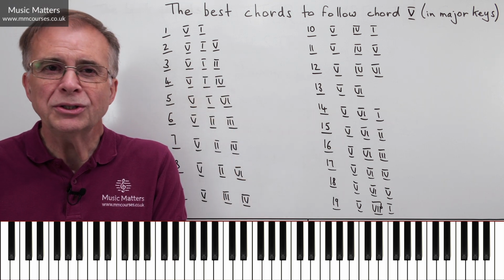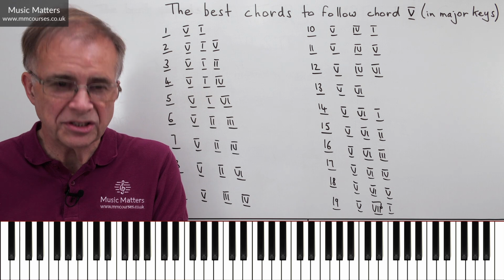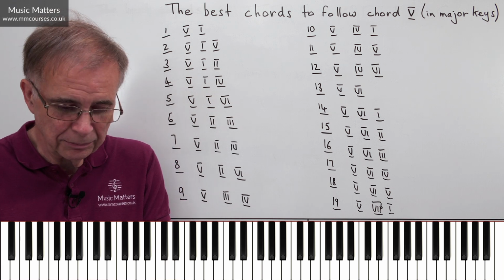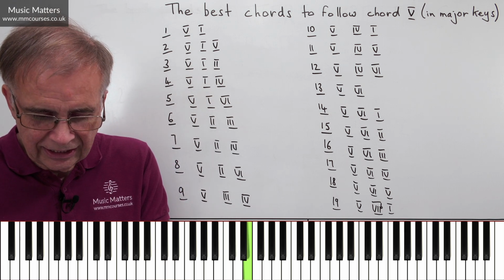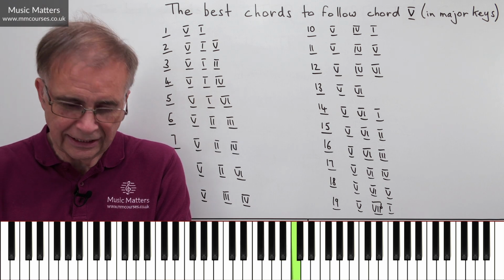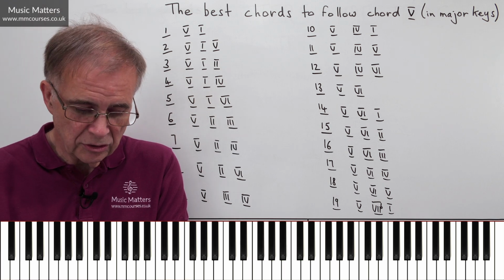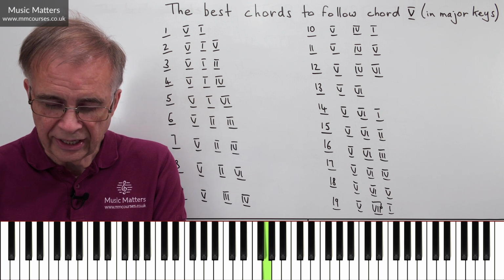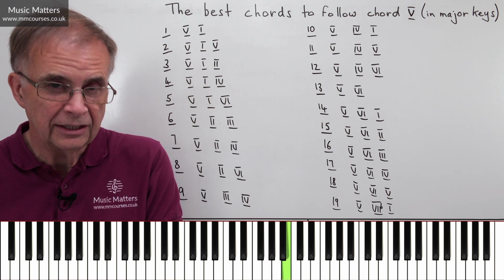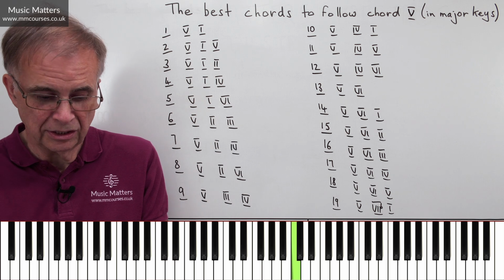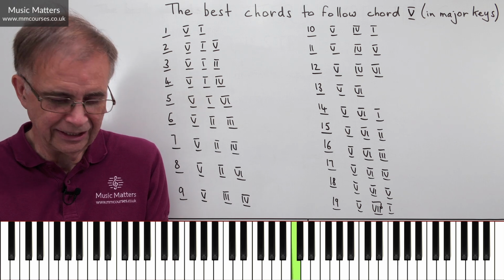We're going to do these examples in the key of C major, and the scale of C major goes like this: C, D, E, F, G, A, B, C. We can number off those notes: 1, 2, 3, 4, 5, 6, 7, and then not number 8, but we're going back to number 1 because it's another C.